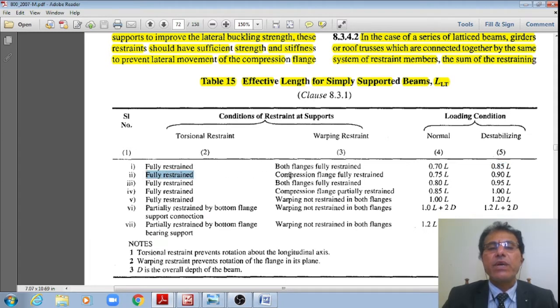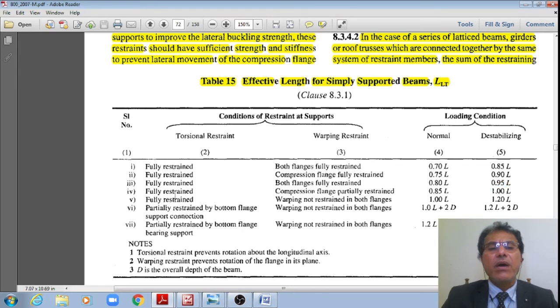A torsional restraint, fully restrained, but warping restraint, compression flanges are fully restrained, not both, right? Then in which case, for normal loading 0.75 L, and for destabilizing load it is 0.9, right? A torsional restraint, fully restrained, and both flanges are fully restrained, in which case for normal loading, it is 0.8, and for destabilizing this is